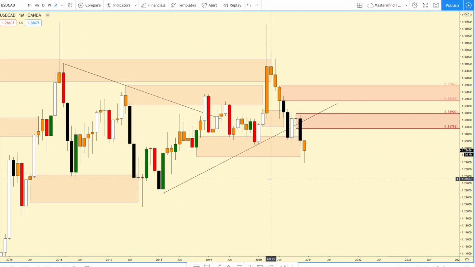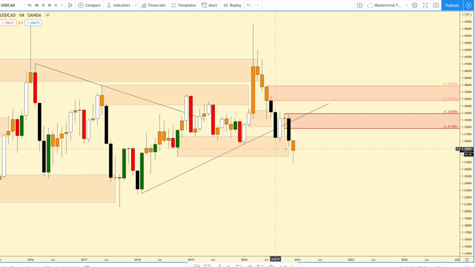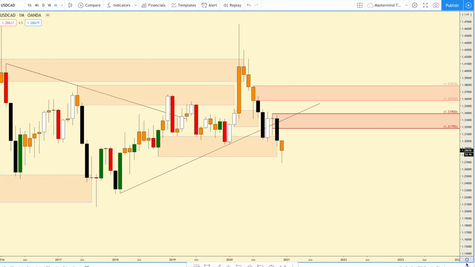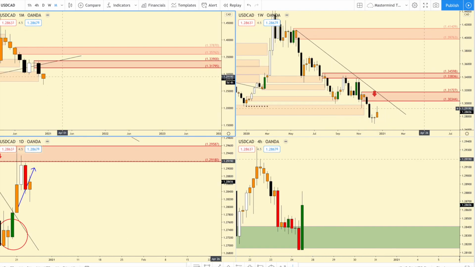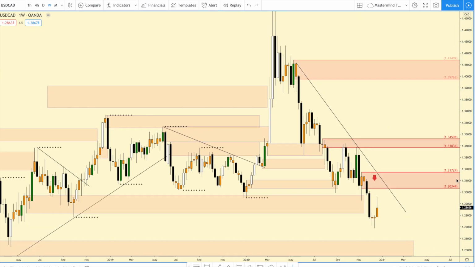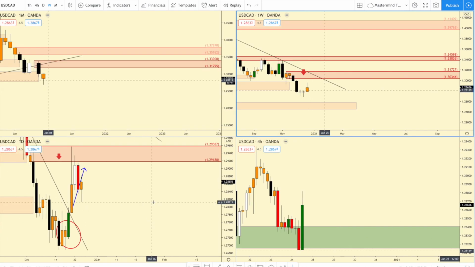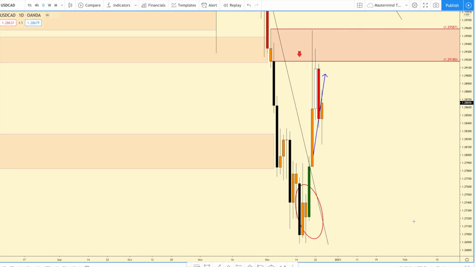Looking at the USDCAD, we have had somewhat of a momentum shift on the monthly time frame. It won't be confirmed until 5 more days, 4 hours. Looking at the weekly time frame, we have a beautiful trend down and actually a great opportunity to short up here on the weekly. Maybe get in on a 4-hour momentum shift in that weekly zone. But looking at the smaller time frames,